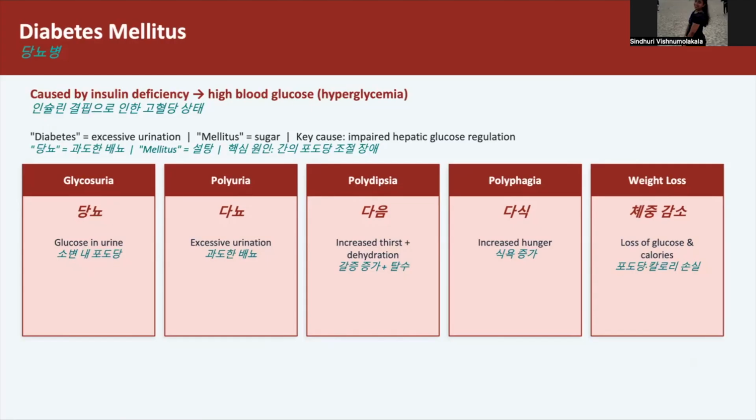So the first one, as usual, hyperglycemia, raised blood sugar. This leads to predisposing infections like boils and urinary tract infection, and next glycosuria, presence of glucose in urine, polyuria, excessive urination, polydipsia, increased thirst, so dehydration, polyphagia, low glucose utilization in glucostat cells of the ventromedial nucleus in the hypothalamus,